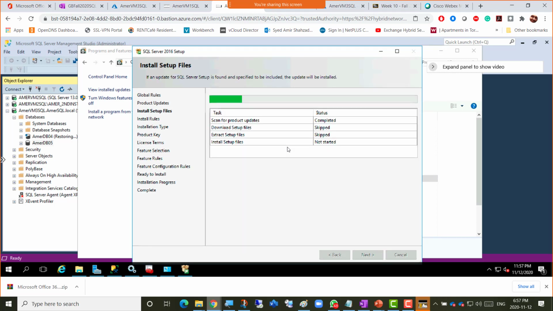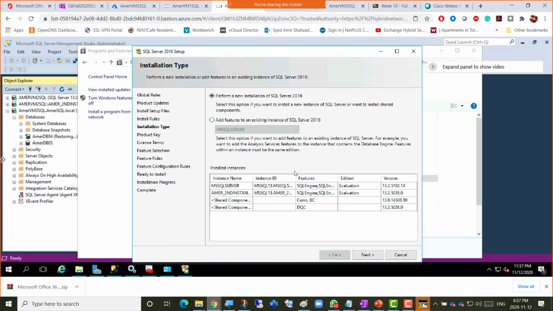So here the objective is that we need to install a service in the second instance, not the first instance. So here, there's perform a new installation. No, we're not performing a new installation. We're going to go for add features to an existing instance of SQL Server 2016,